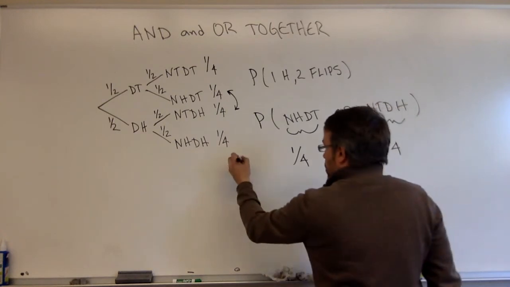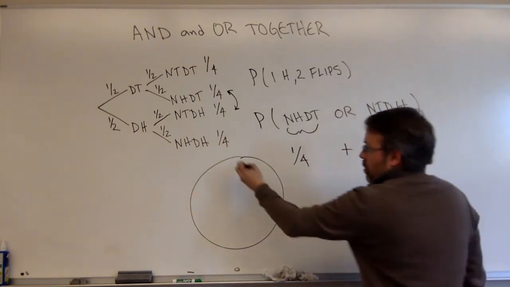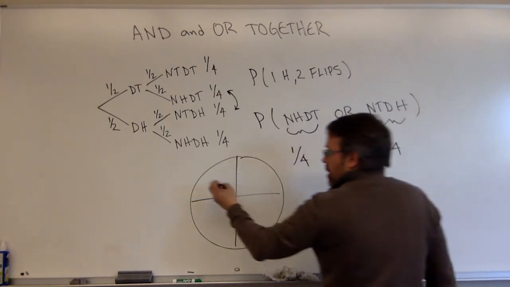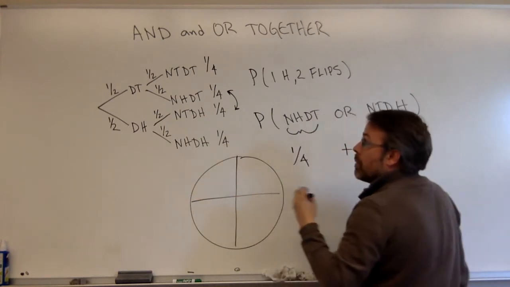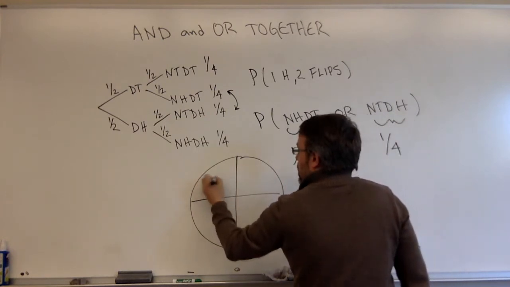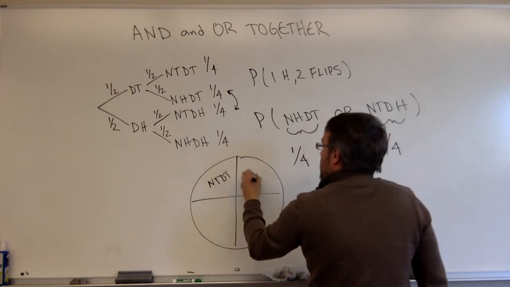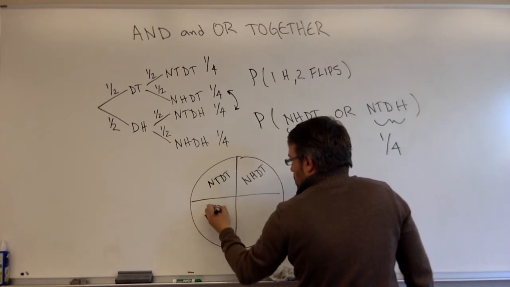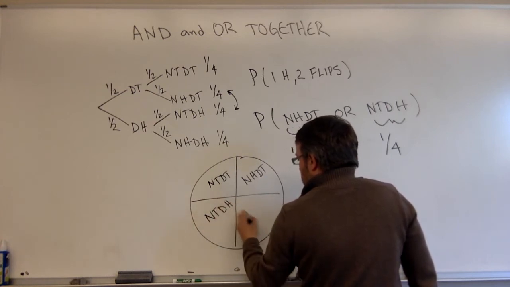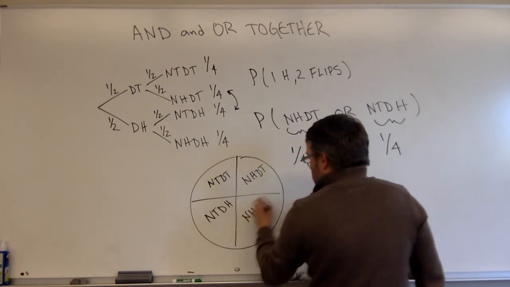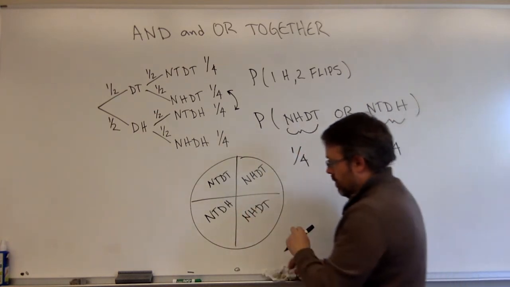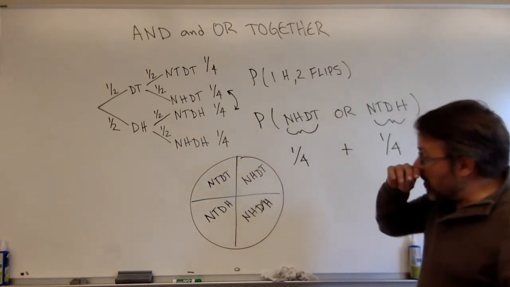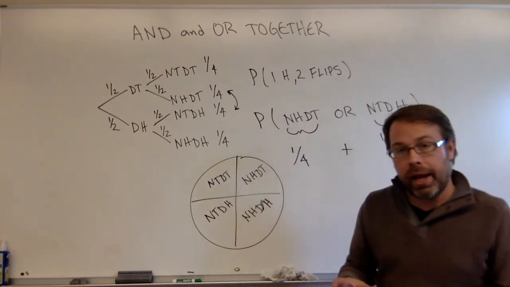And so we could also do this with our pie chart method. So first we divide based on our dime, and then based on our nickel. And so we get nickel tail, dime tail, nickel head, dime tail. And so now we have each one of these as a 4th, and if we want to ask what's the